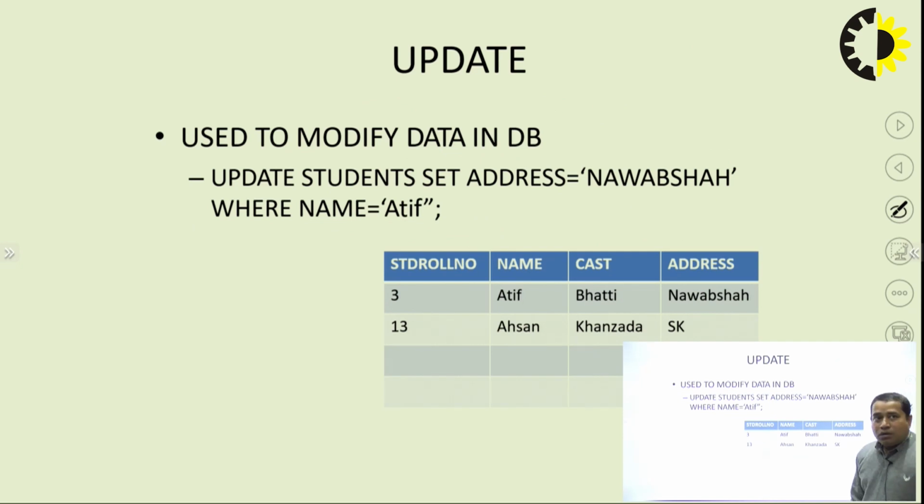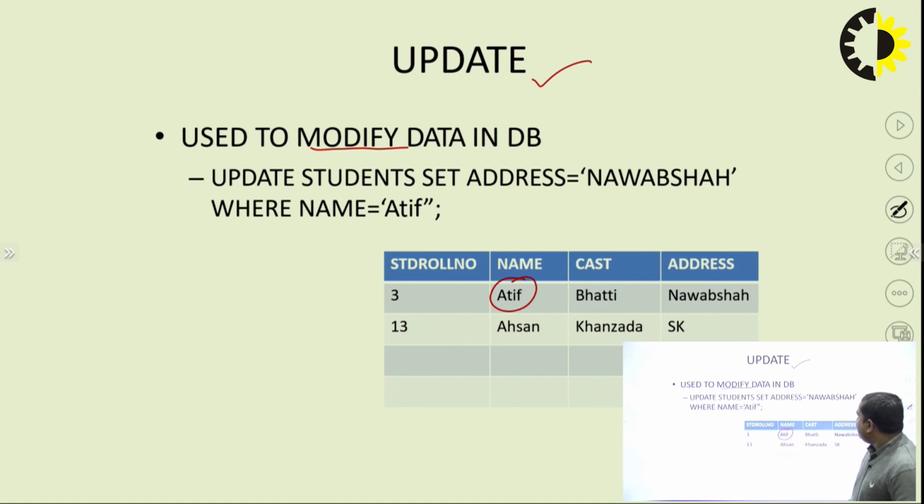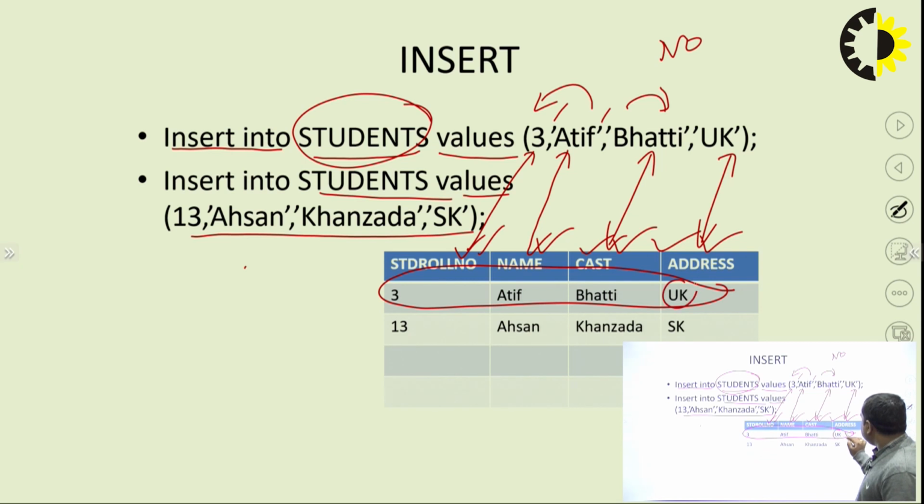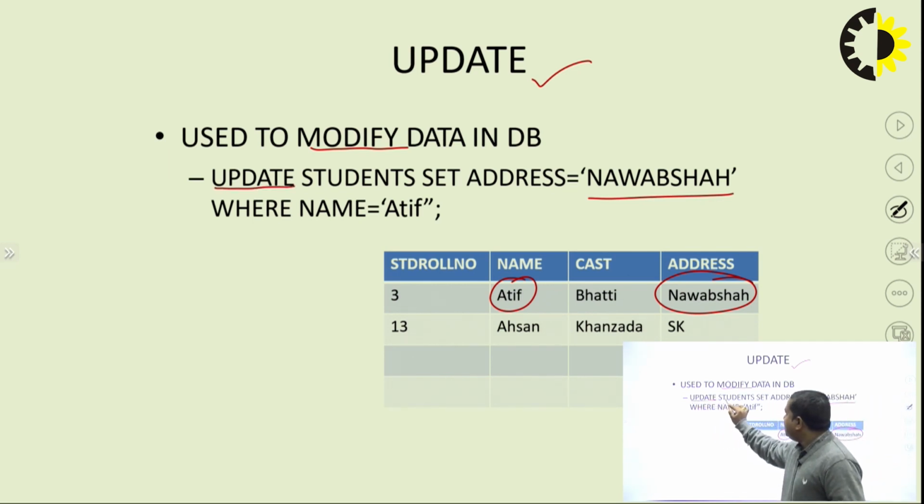Now update, the next DML syntax command is update. So update is used to modify data. For example, if here we have given some name, for example, if here is given Atif. Okay, so the address was previously UK, now we want to change it to something else. So for this we will write down the syntax: update, then our table name,